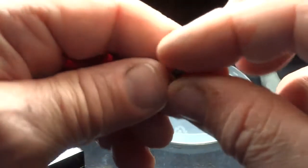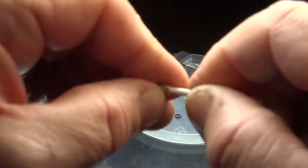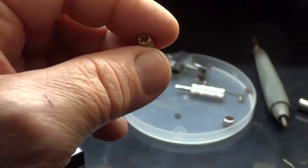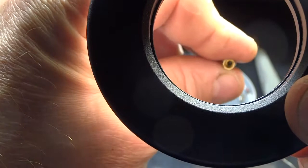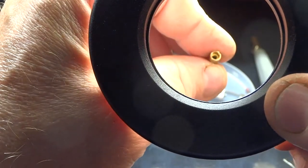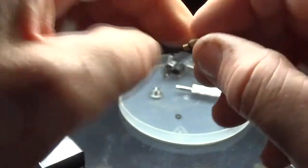But anyway, sometimes to clean these out, you're just going to have to get something that'll fit down in there and put some alcohol in there, wherever you can get down in there to clean that out. Get you some butane and blow through here, and get you a light to see if you can see down in there, and get it cleaned out. Once you get it cleaned out and ready,